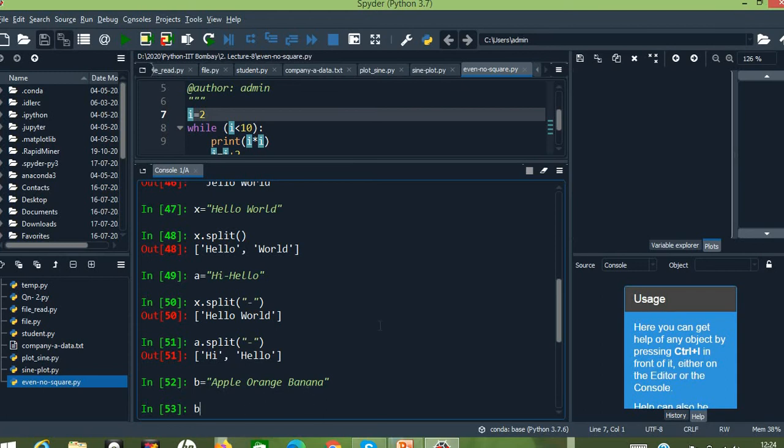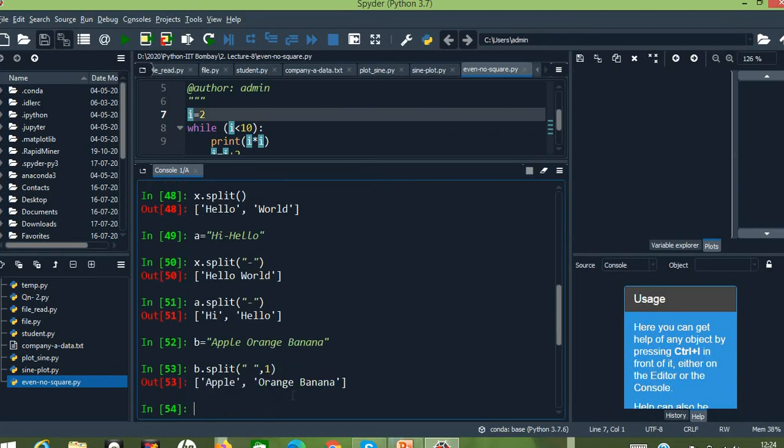So I have to split it, b dot split. By default, if I give, the white spaces will be counted. But in this case, I'm going to fix for a size. So let me give the white space as a separator, and I'm going to give the maximum size as 1, right? So here we have got the output where apple is considered as separated as one substring, and the maximum size what I have given is 1. Since I have given 1, orange and banana are together counted as one substring, right? So this is how we have splitted the strings.